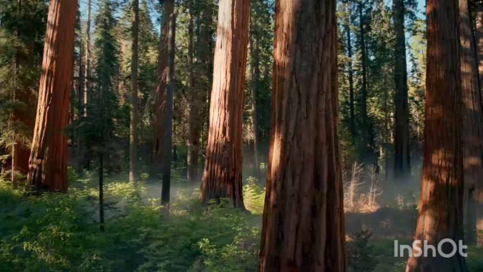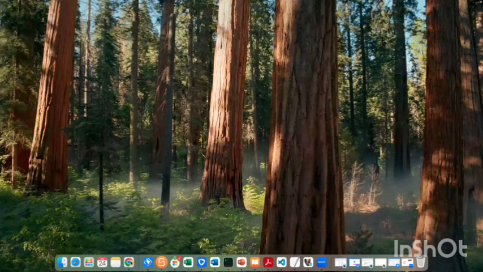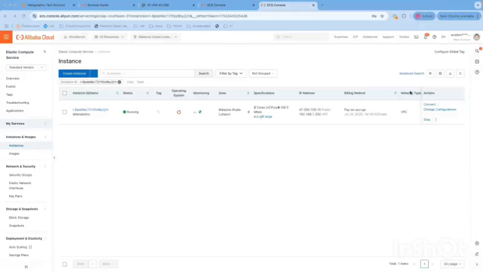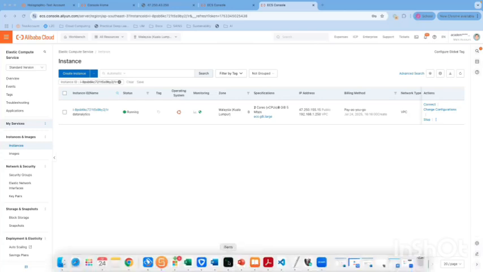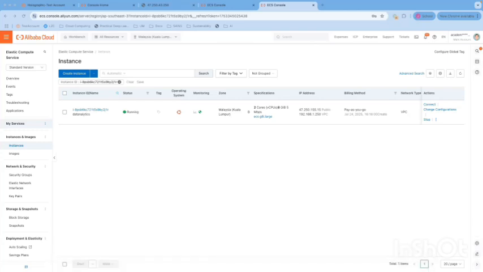Now there are many ways to do this. It's a terminal for login. You can also directly log in from here to connect to the computer, but I usually prefer to go with the console. So I'll be using my console here to log in. If you are working with Windows, you can use the PuTTY software. There are other tools as well. So let me go and connect my